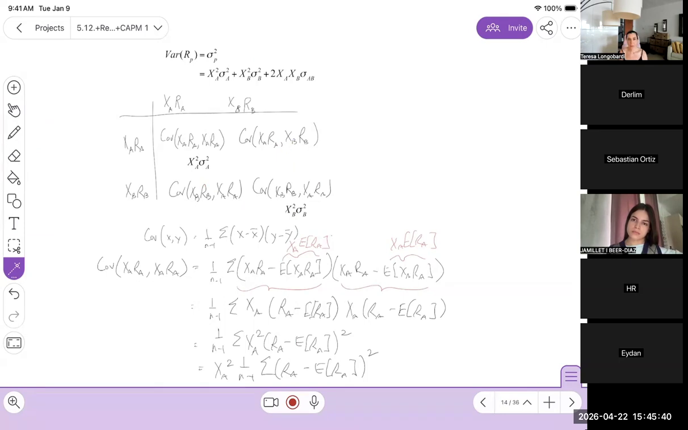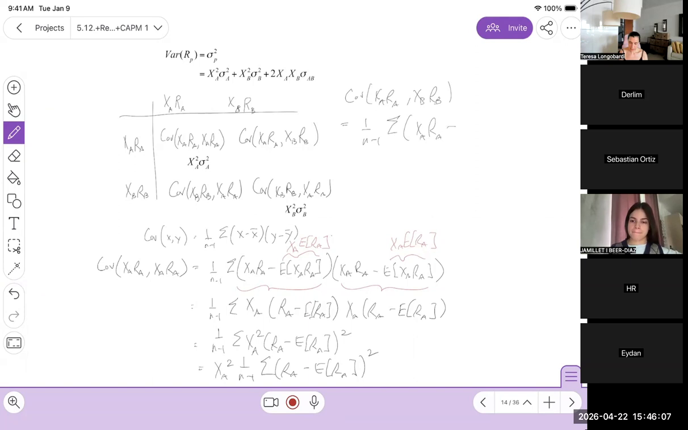Do we need to do the long way? We can do the long way to show ourselves. But let's do that. Let's do it the long way. So the long way is that we're going to write it out. Covariance XARA, XBRB is equal to 1 over n minus 1